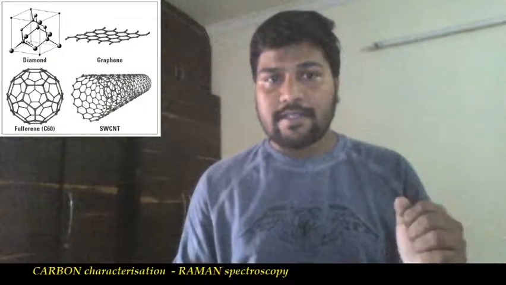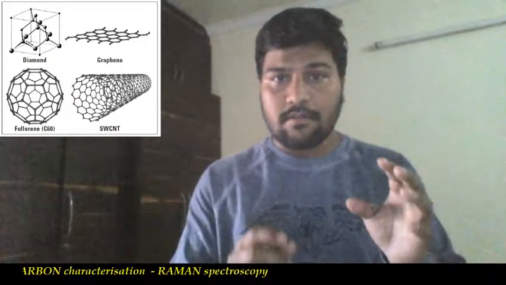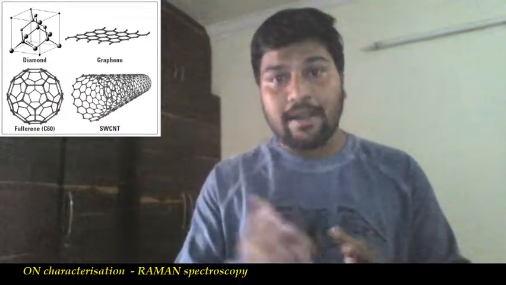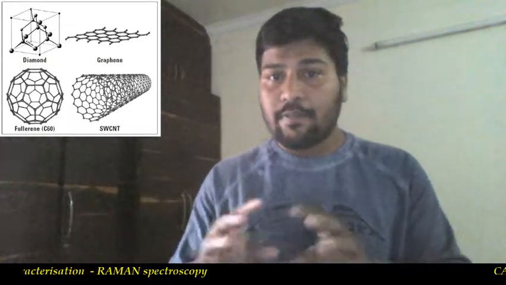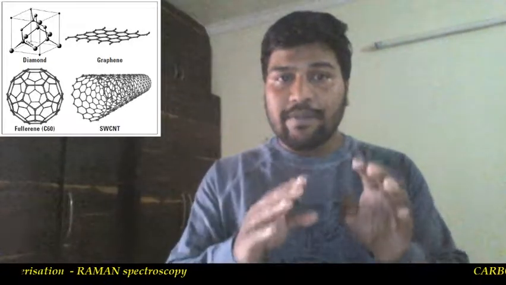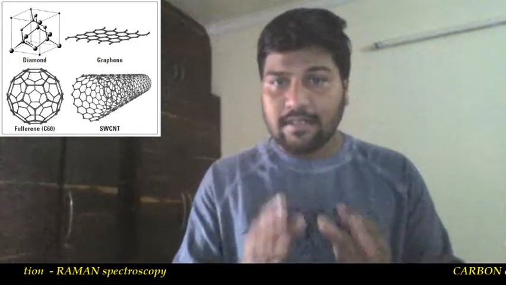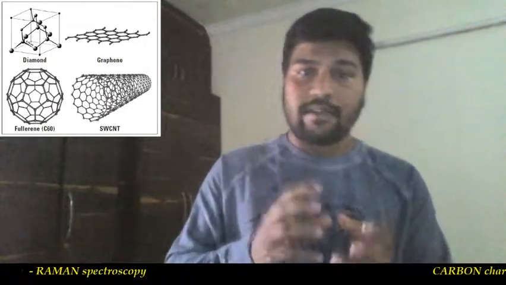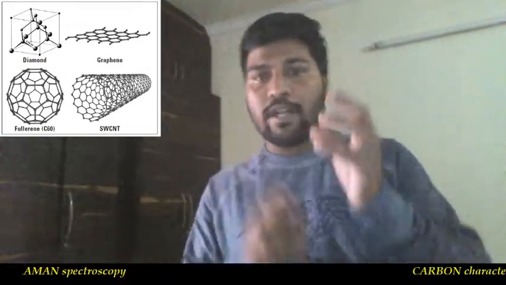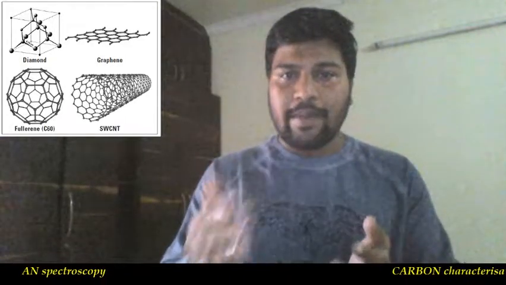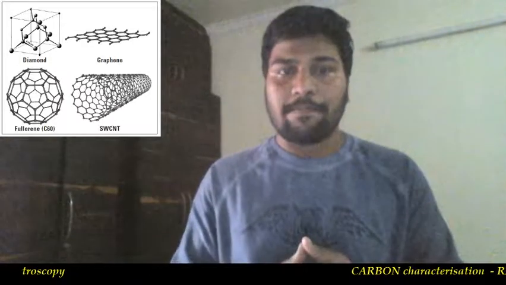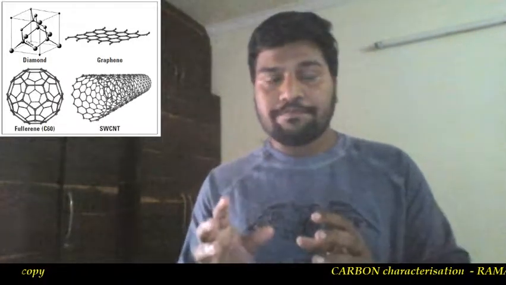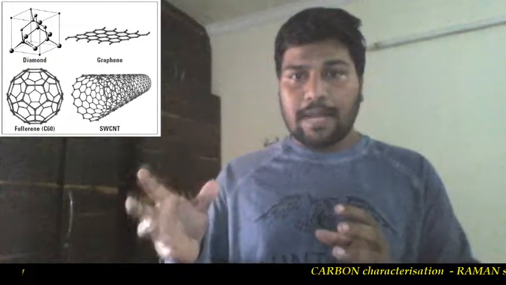Just for the sake of your understanding, on the left you can see the different allotropes of carbon: the diamond, graphite, graphene, C60 and CNTs, carbon nanotubes. These are all considered to be allotropes, and the difference between all these materials, the building block is the same, it's carbon, but the alignment and the orientations differ. Based on a different orientation, we name it accordingly, and the properties of the material itself vary drastically. So for example, assume the diamond,